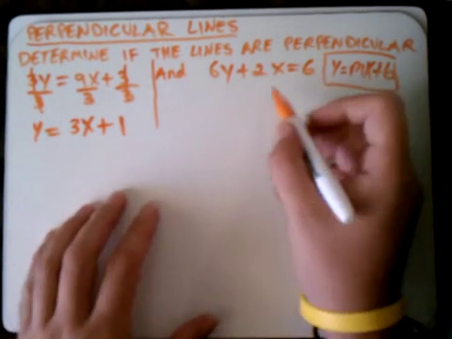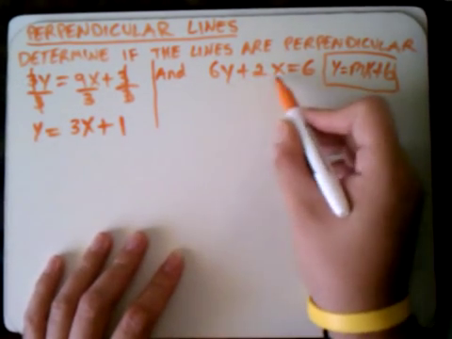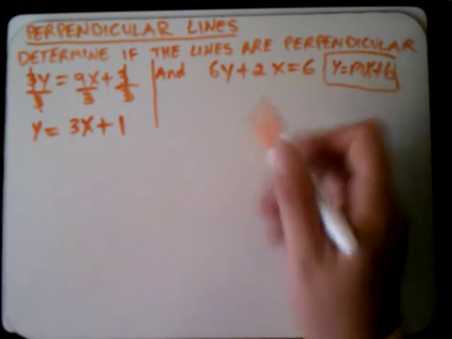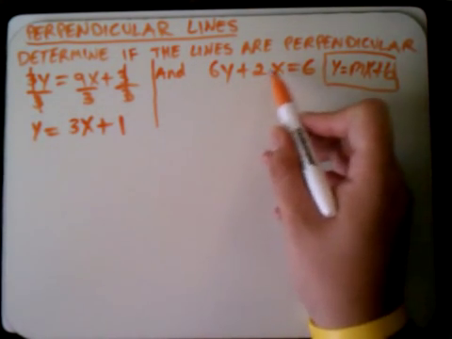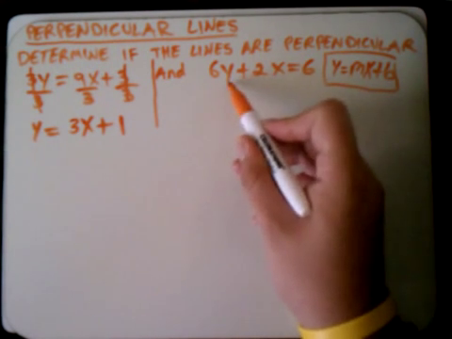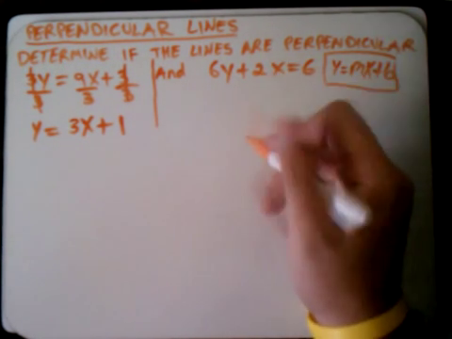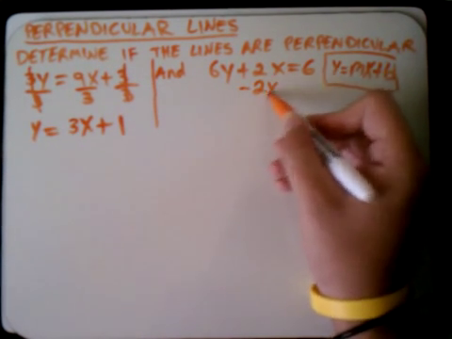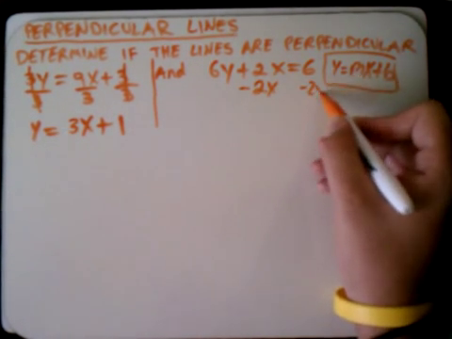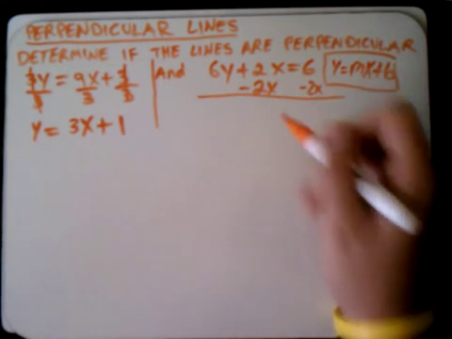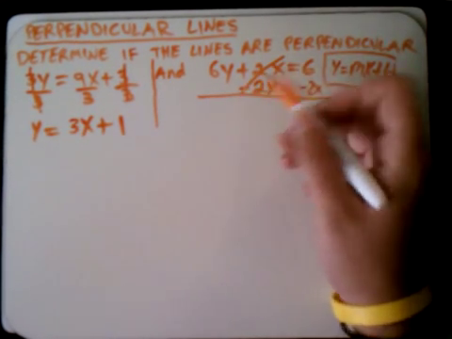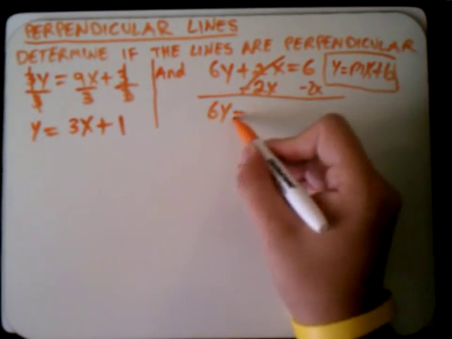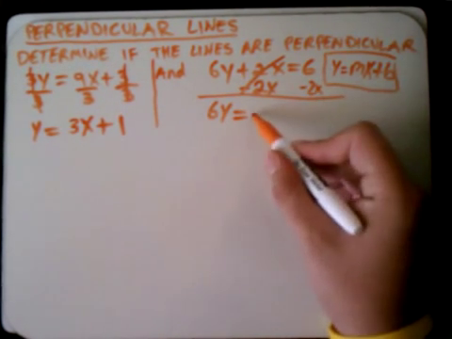Now let's do the second one. I have 6y plus 2x equals 6. First of all, I need to move the term that is farther away from the letter. In this case, it is 2x. So I'm going to say minus 2x on both sides. The 2x and the negative 2x cancel out. So I have 6y equals negative 2x